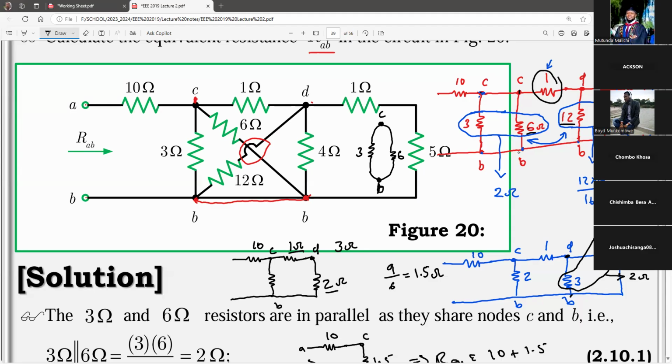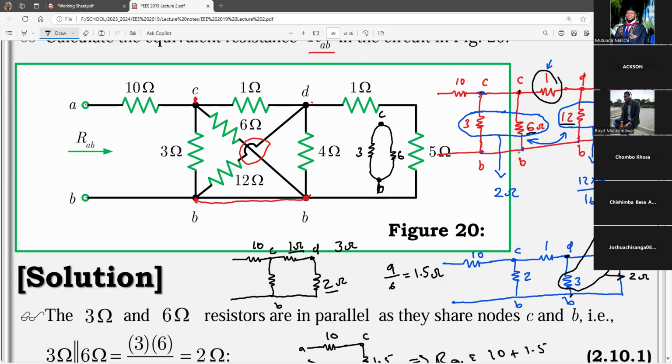Yes, sir. Now, why wouldn't resistor number 1 and 5, which gave us a 6, be in parallel? The 1 ohm after the D and the 5 gave us a 6, so they are in series, and yet resistors 3 and 6 are in parallel. Isn't this corner supposed to be one point where they are also connected? Which one? This one. 1 and 5 are connected at this point. If you want to call this point E,